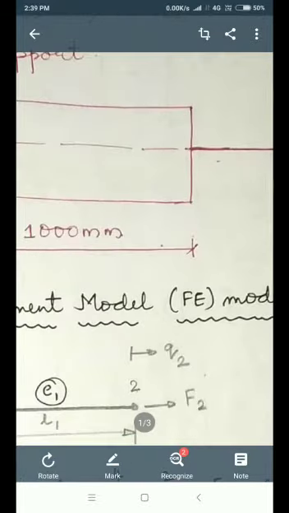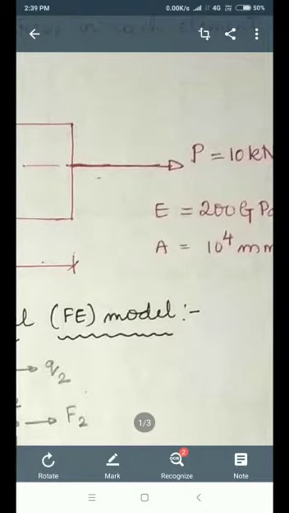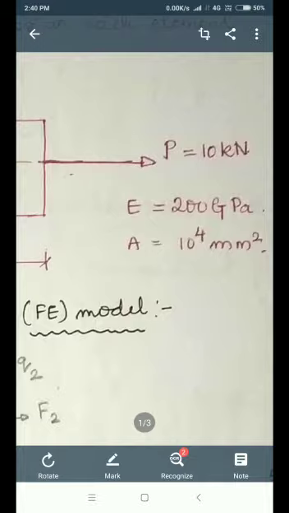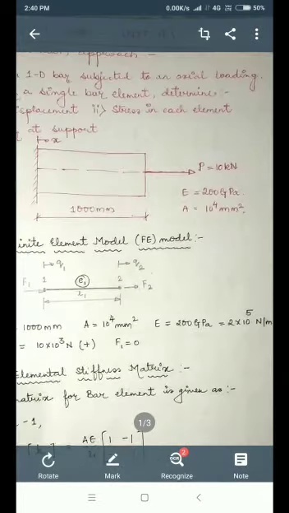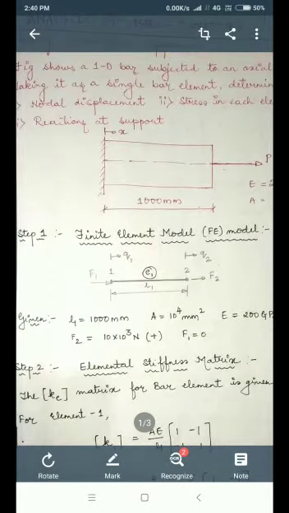Length of the element is 1000 millimeters. Young's modulus E equal to 200 gigapascal. Cross sectional area 10 to the power of 4 millimeter square. We will solve this problem step by step. Step number 1,